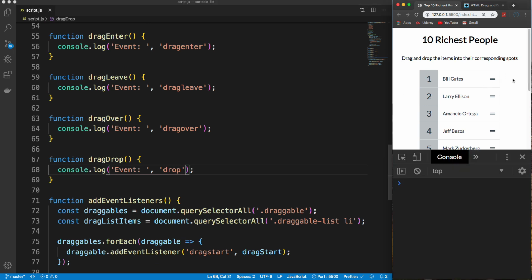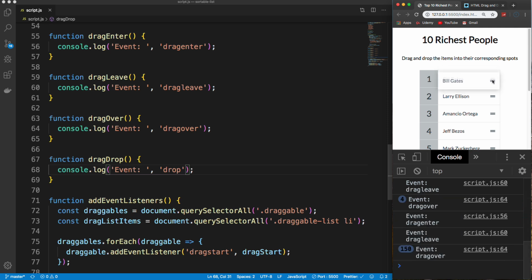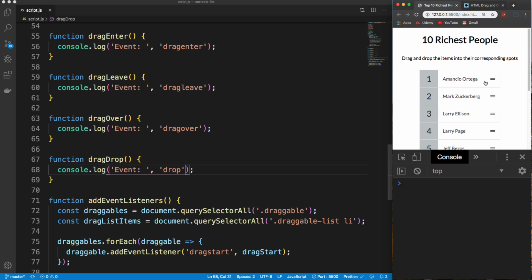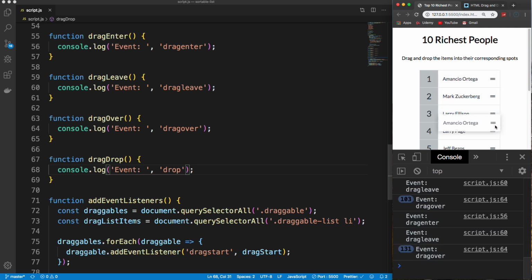I know there's not a lot of room here, but I'm just going to click on this and move it slightly. And you'll see we get drag start and drag enter because I've entered into this one. When we leave it, we get drag leave. And you'll see the drag over just keeps going because I'm still hovering over it. If I let go, then the drag over stops and the drag leave runs. So the reason I did the console log is just so you can see when these fire off. So we basically have drag start and then enter, leave, and drag over is continuously running as I'm